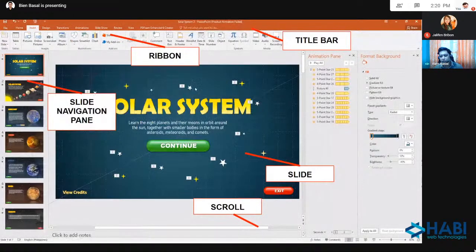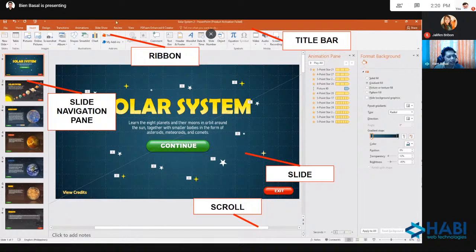Once you open po, so for sure naman, karamihan sa inyo, you know how to open na po yung MS PowerPoint. Okay? Just to give you a brief, review lang po muna natin. Review lang muna po tayo. First one, kapag nag-open po tayo ng MS PowerPoint, meron tayong title bar sa itaas. Okay? Then lumalabas yung file name po natin kapag tayo po ay nagsasave. Okay? Yan. Title bar.